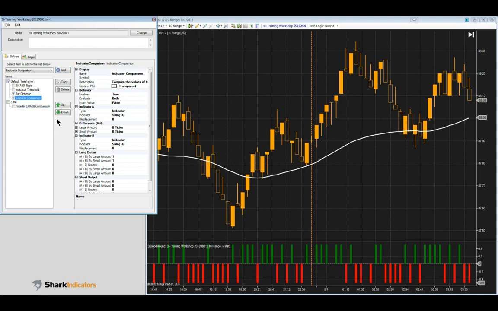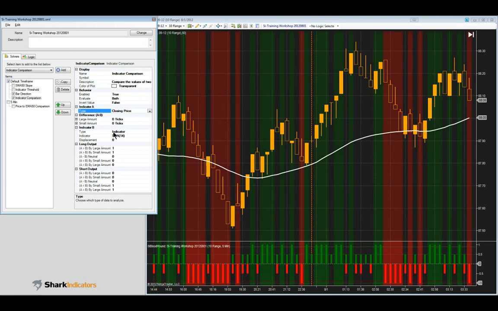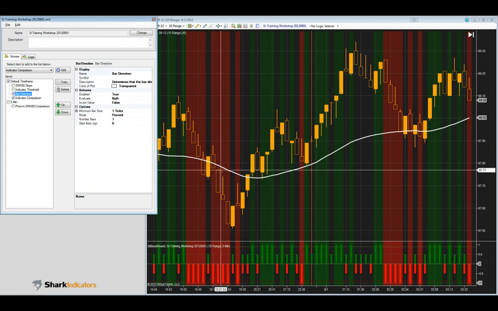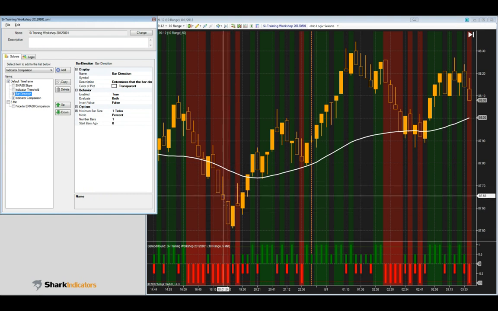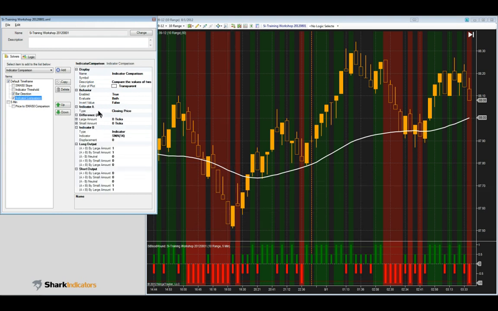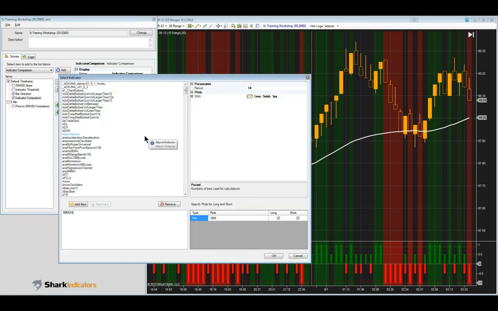And what I'm going to do is compare the closing price of the bar to the open, right? The way the bar direction solver works is it simply compares the close to the open, and that's how you know what direction the bar is going. Simple enough. So we're comparing the closing price to the open price. So I'm going to set indicator B to the opening price,